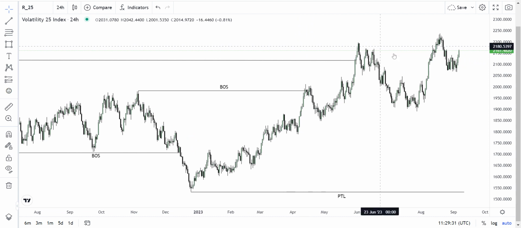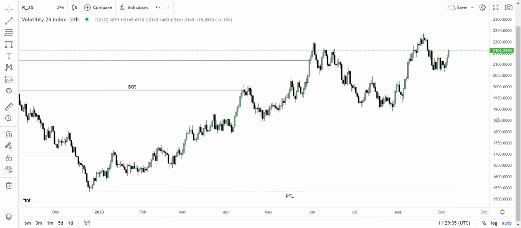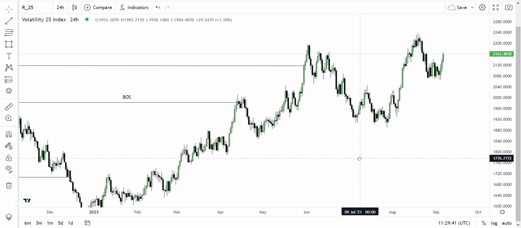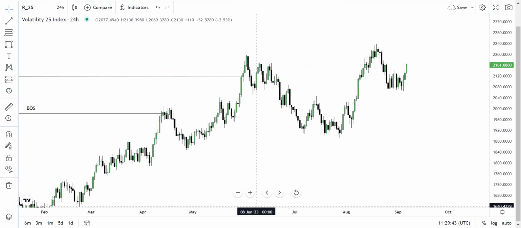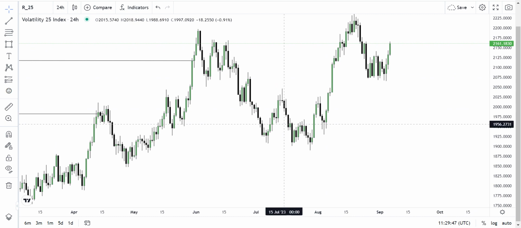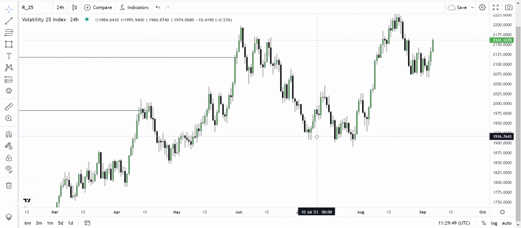So how do we enter our trade? How do we continue to know the valid areas to actually enter our trade? This is what I do. Now let's look at this. Let me make it bigger so that we'll appreciate what we are saying. Look at this very well.